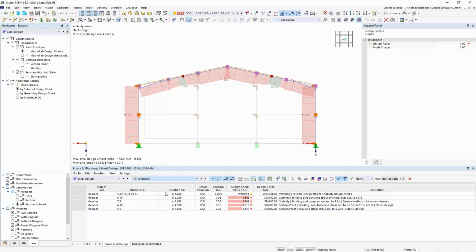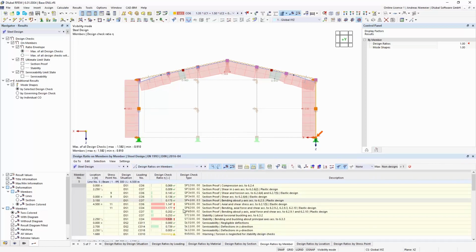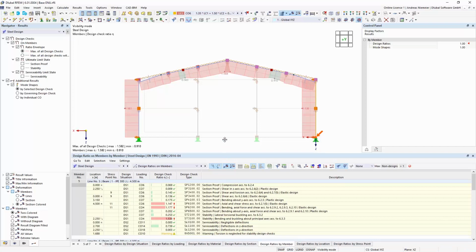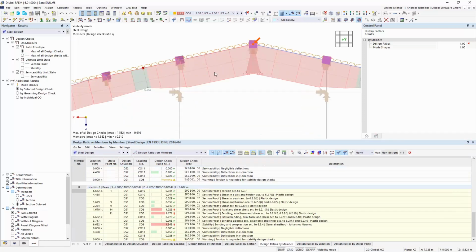You can also check this information in detail for maybe ratios on members. And if you select, for example, this roof beam here, it jumps into the right chapter, and here it's obvious, okay, we have maybe some cross-section issue.